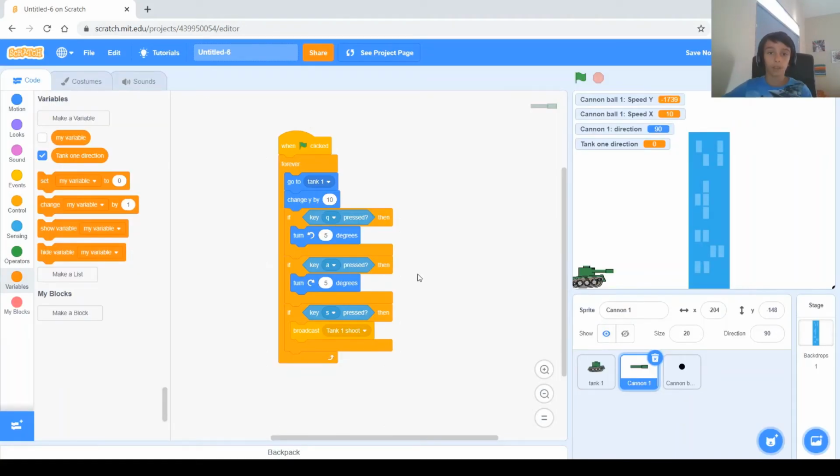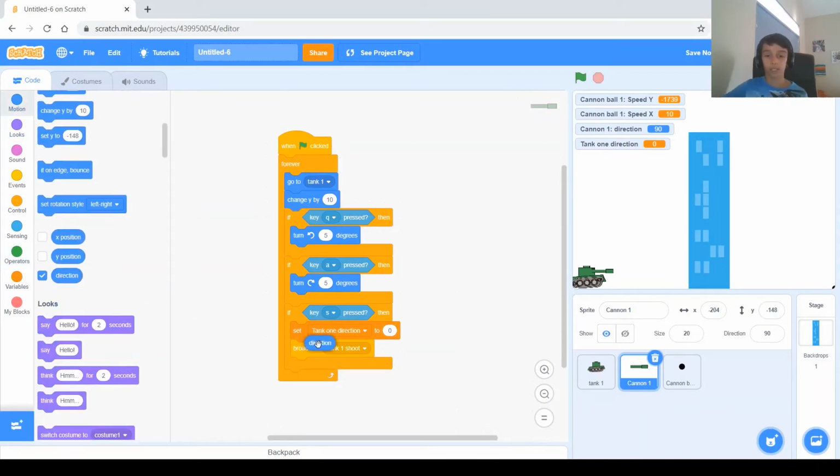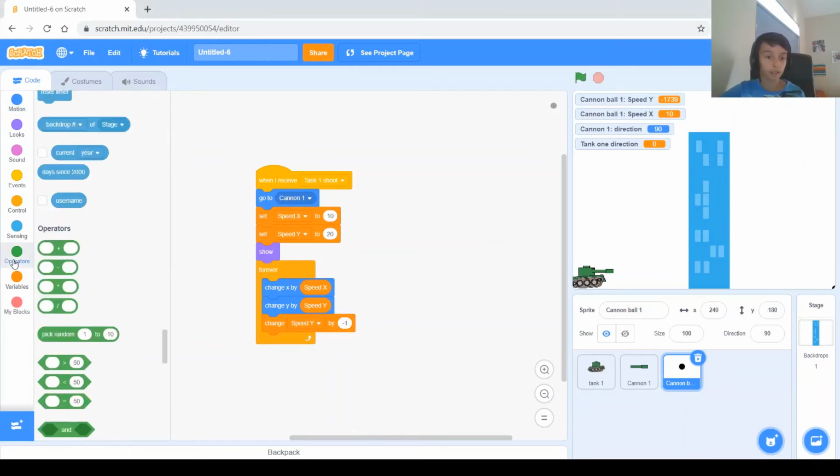Okay, and we will want to set it to a value right before it broadcasts the message. So set tank1 direction to its direction, and we'll go to the cannonball code, and we will want to change these values over here,